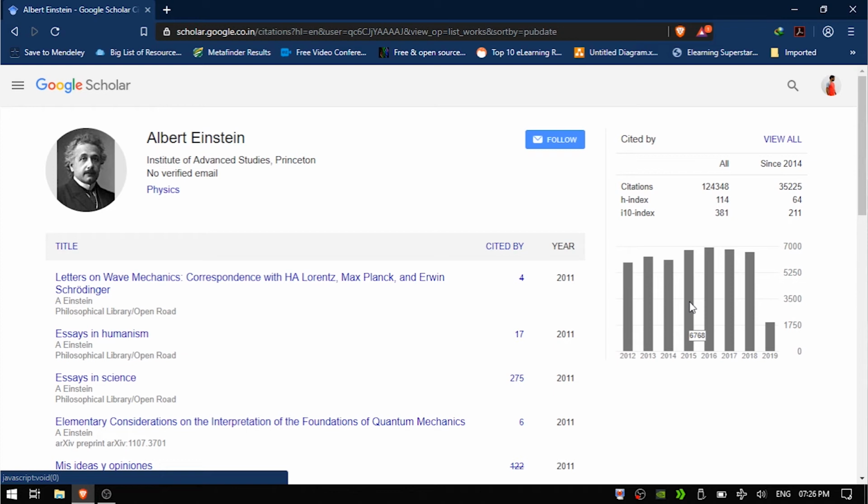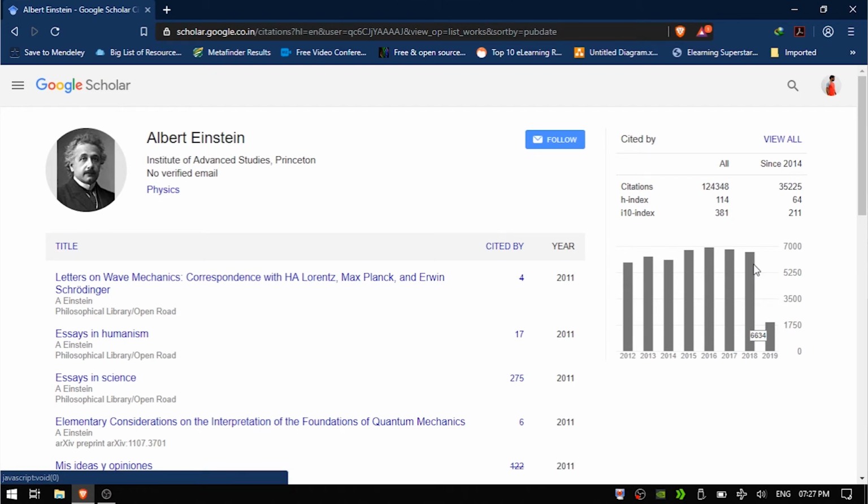You can also focus on the bar diagram in which year-wise citations of the author's papers are given. Say for example, in 2015, total citations was 6,768. 2014, it was 6,083.